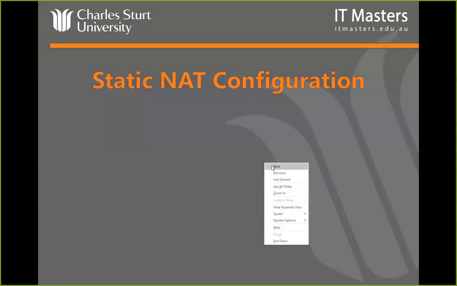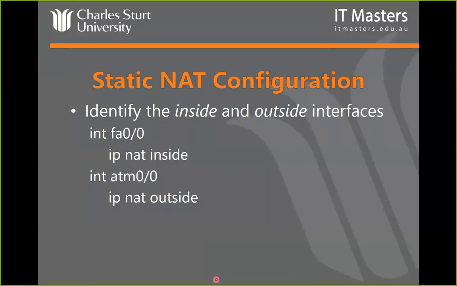Okay, so static NAT configuration. In order to configure NAT, as I said, we have this concept of inside and outside. So we need to tell the router which direction is inside, which direction is outside. So in this case, we're looking at FastEthernet 0/0. This is actually Cisco syntax, guys, for those of you that are not already aware. So interface FA 0/0, we give it the command ip nat inside. That tells the router that for NATing purposes, my FastEthernet 0/0 interface is connected to what I consider to be the inside network.